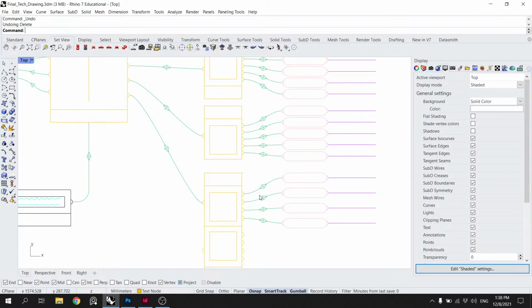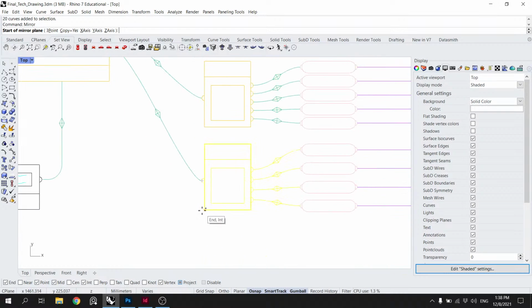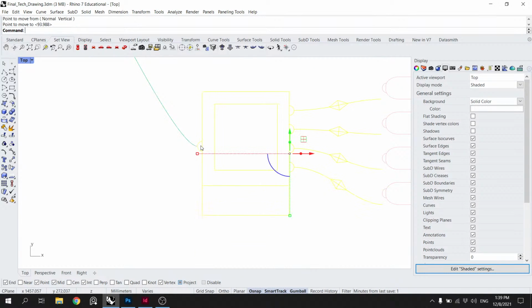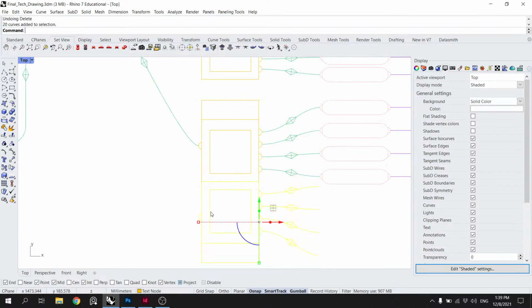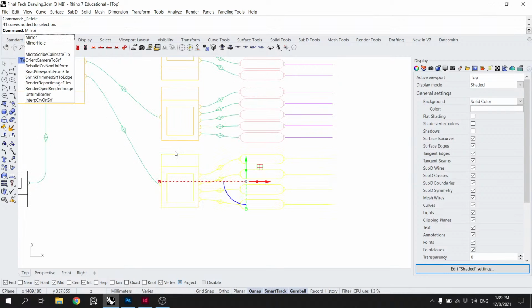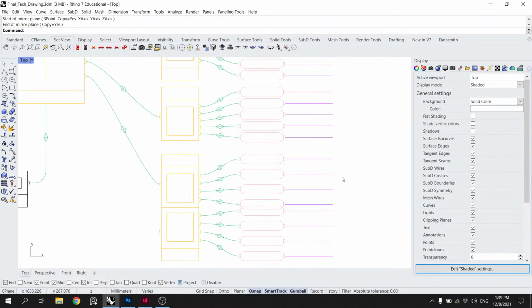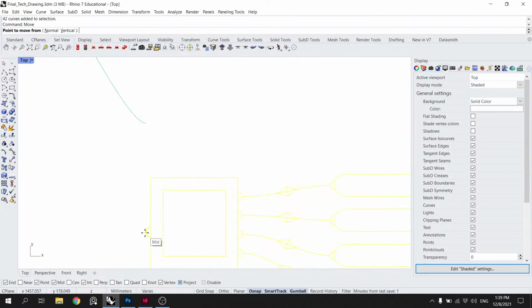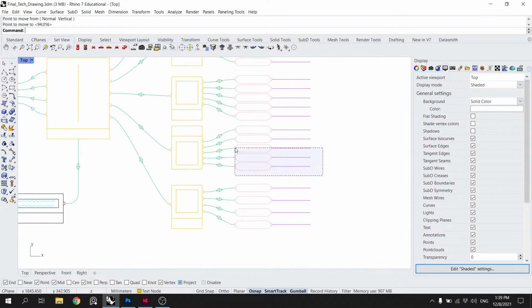Okay, how do I do this? Okay, I take all of this and I mirror it here to here. Then I take that and I move it from there to there. Okay. So I guess I take the whole thing, mirror it here to here. Then I take all of these, I delete it, and I move that from there to there. Okay, that's how we do it. Mirror.